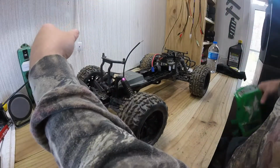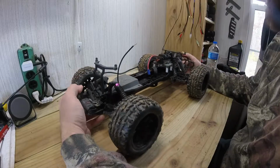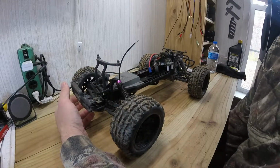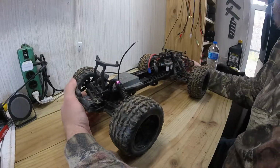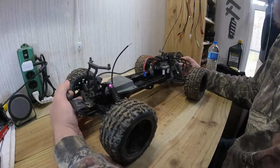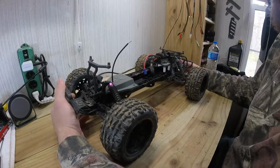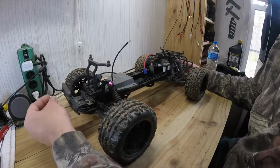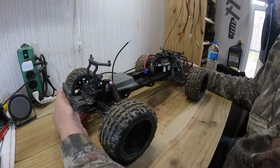Let's just jump right into it, guys. All right. First thing, this truck comes stock with a 20-turn brushed motor with like a 1800 milliamp battery, nickel metal hydride, and of course that just didn't work, guys. I mean, yeah, it was great. The battery definitely makes a huge difference in RC. Motor as well, but